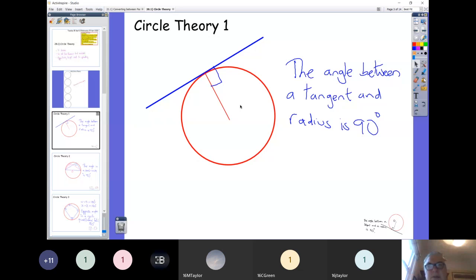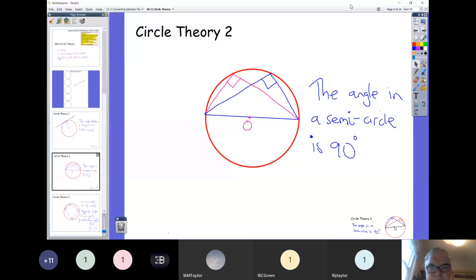By the way, there are 5 of them, but they don't have a particular number. So don't ever say circle theory 1 is blah blah blah. This is just the first one we've looked at. They don't have numbers. Okay, now the second one we're looking at, this is when you are involving a semicircle,